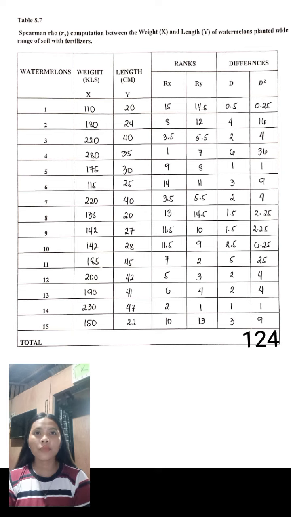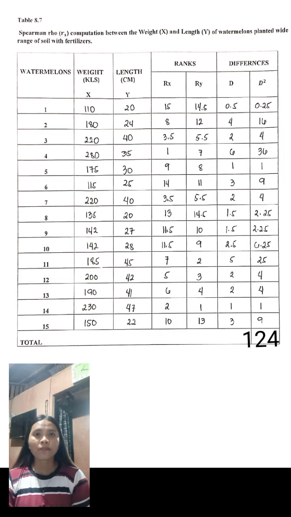For our next column, we have the differences, or we are going to determine the differences of the ranks between the weight, or the X, and the length, the Y. So for our differences, for example, for watermelon 1, we have 110 kilos and 20 centimeters in length. The Rx, or the rank of watermelon 1 in weight, is 15, and the rank of length in centimeters of watermelon 1 is